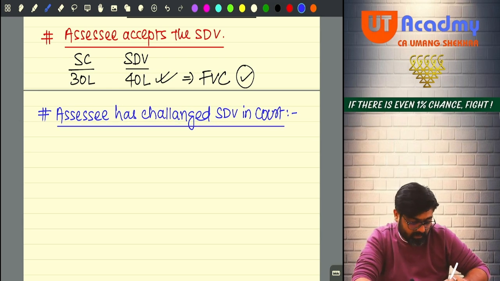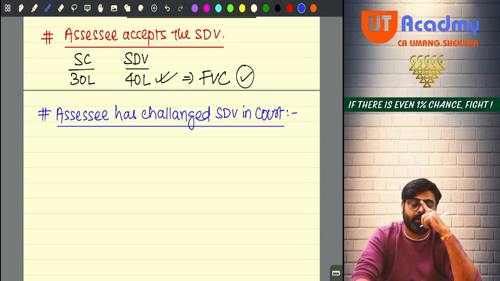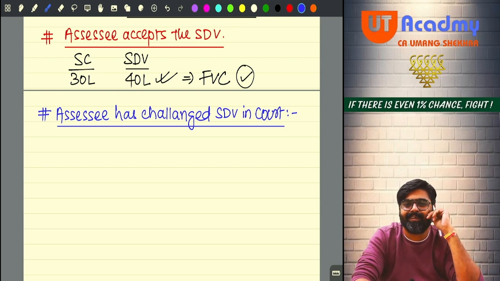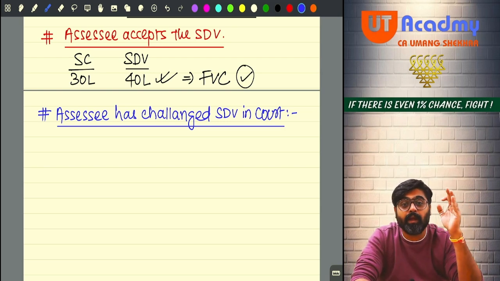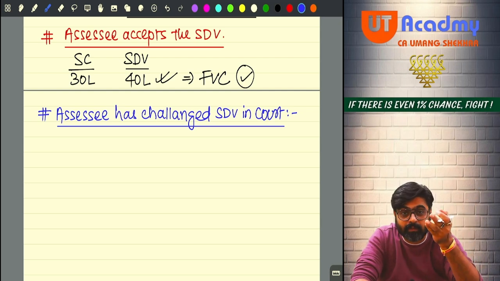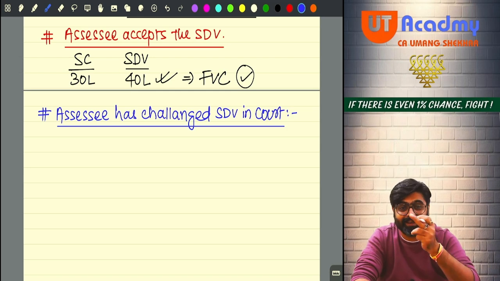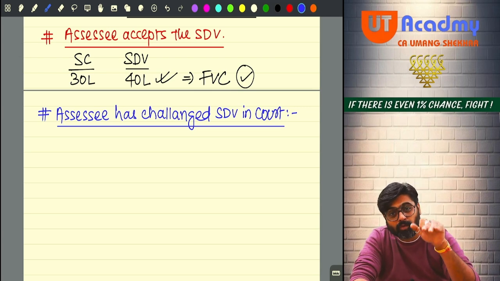Just imagine you don't like the stamp duty value only. You are not ready to pay stamp duty on this stamp duty value. We cannot expect you to pay tax, income tax on this stamp duty value. Can we? Never. Because you were so unhappy